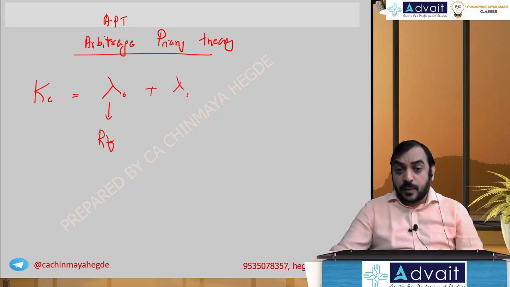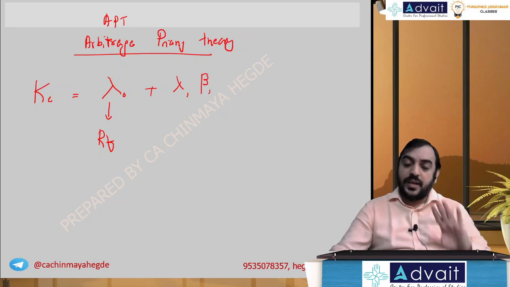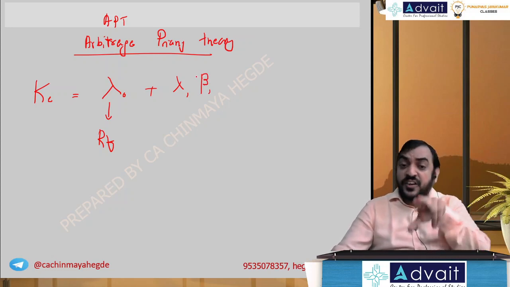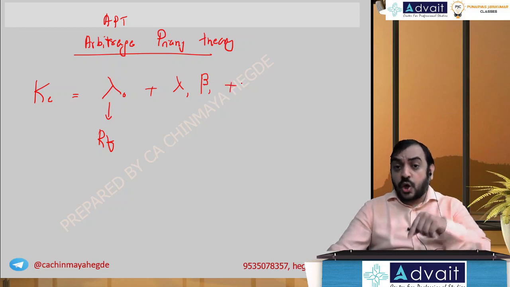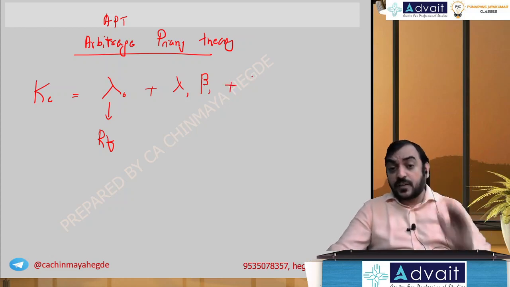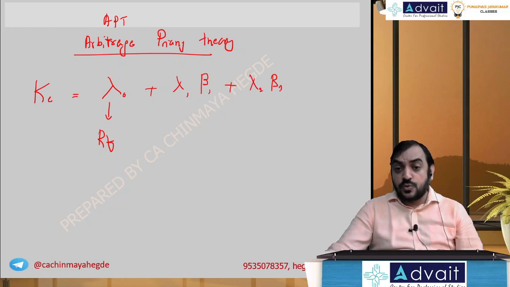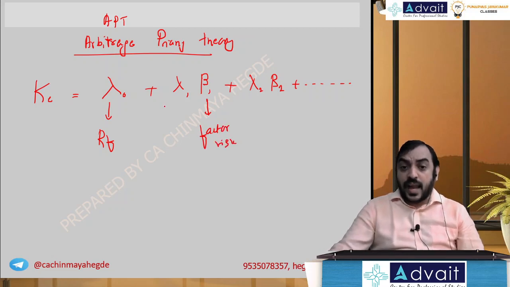They call lambda 1 multiplied by beta 1, RM minus RF into beta. That was CAPM. Then extend further. They are not only telling for one factor, take many factors: lambda 2, beta 2, plus dot, dot, dot. Beta 1, beta 2, you understand? This is factor risk. And lambda 1, beta 2 and all is called as factor risk